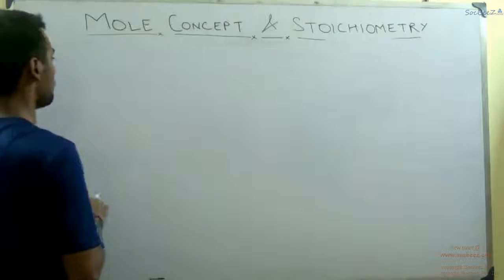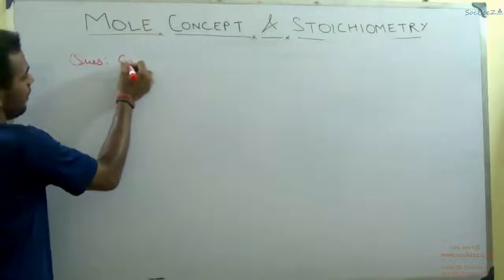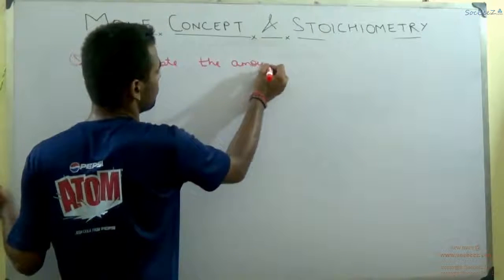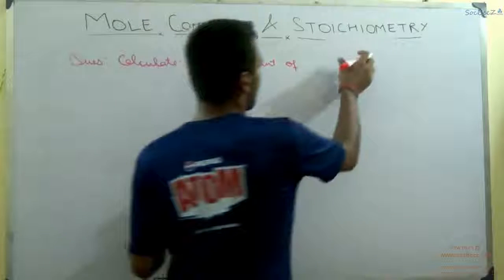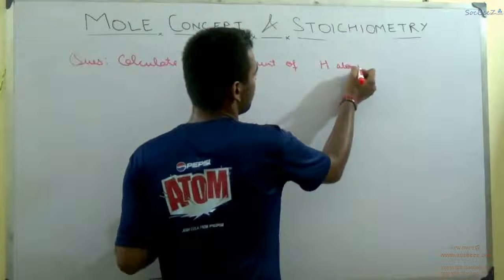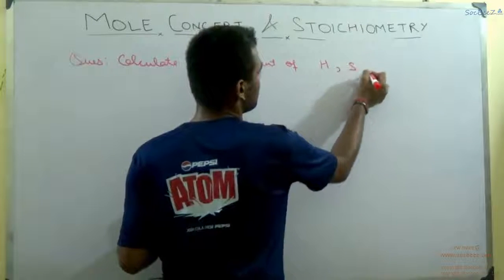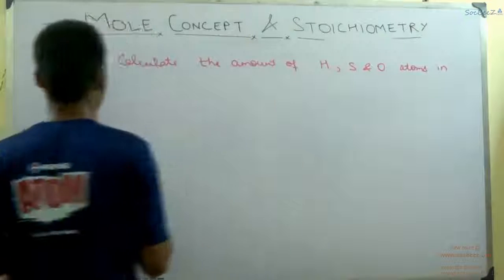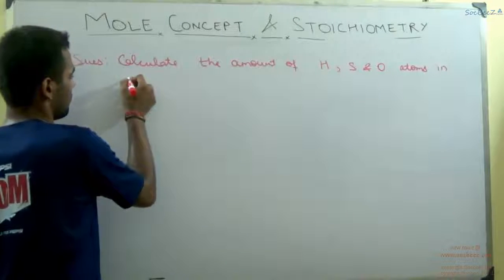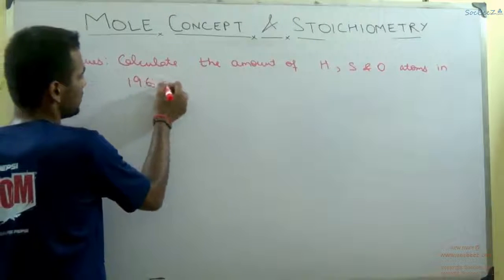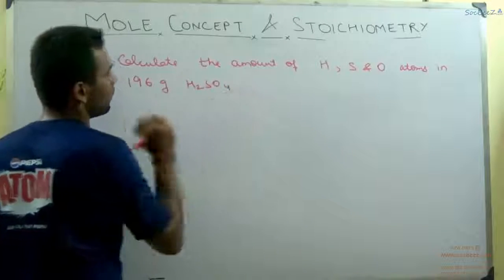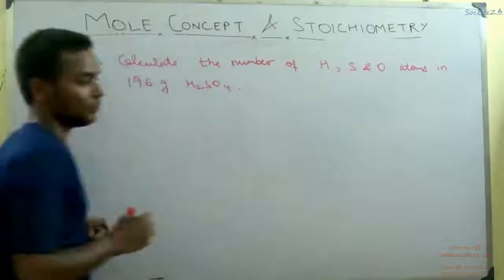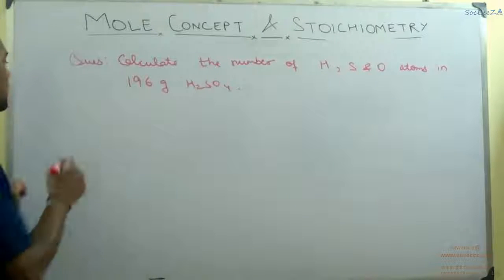So here, question one says: calculate the number of H, S and O atoms in 196 gram H2SO4. Okay, so here